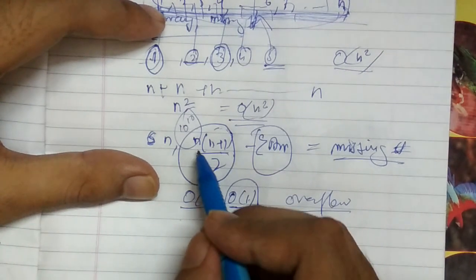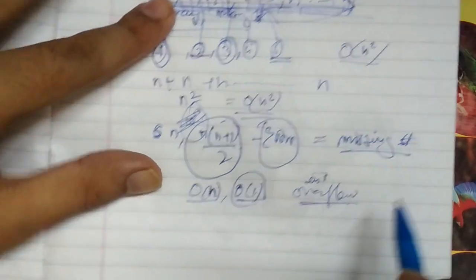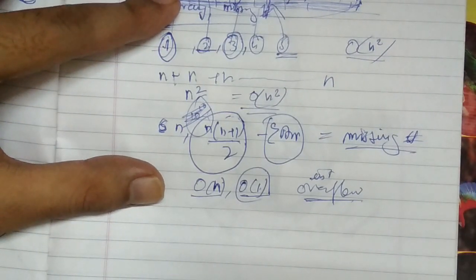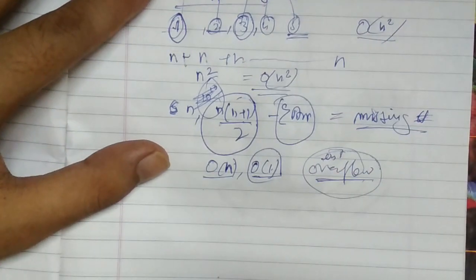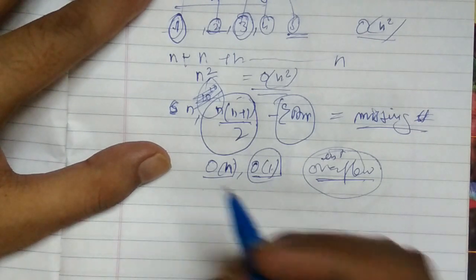If this n is very big, then there will be an integer overflow. This is the cons of the solution. Tell this to the interviewer that this is the cons, and then think about the solution such that we can remove these cons and have a better solution there. Can we do better? That is a question that we always answer in these questions. So let's see, can we do better?